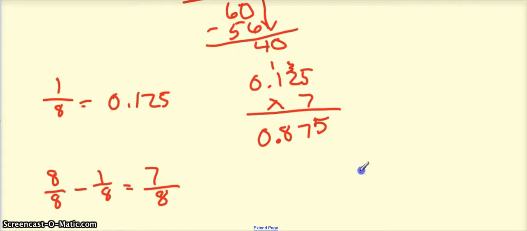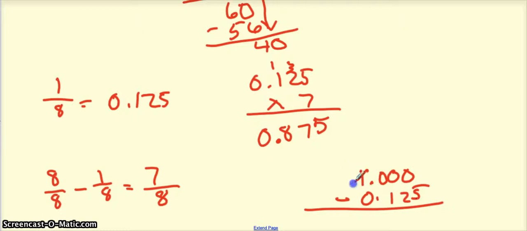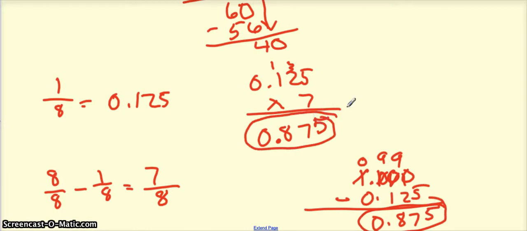So 8/8 can be written as 1 point, and I'll add as many zeros as I need, minus 1/8, which is 0.125. And then if I subtract, I will end up with 0.875. So this just shows you that changing fractions